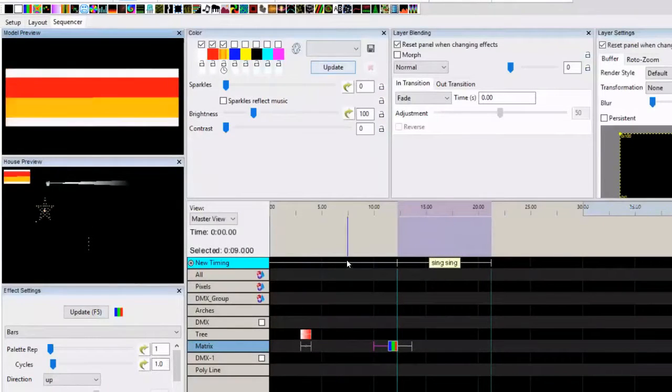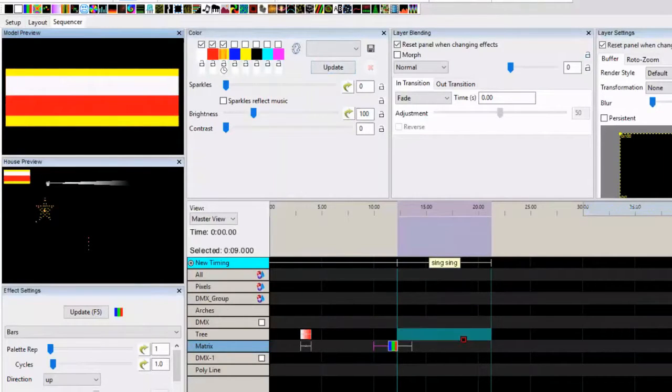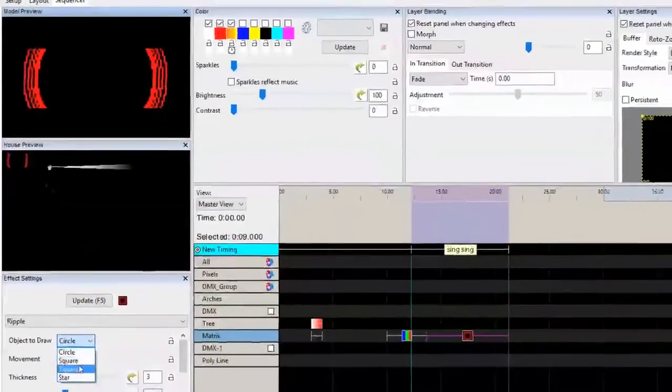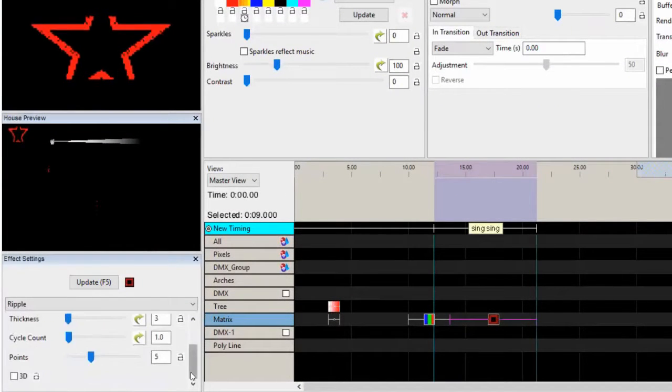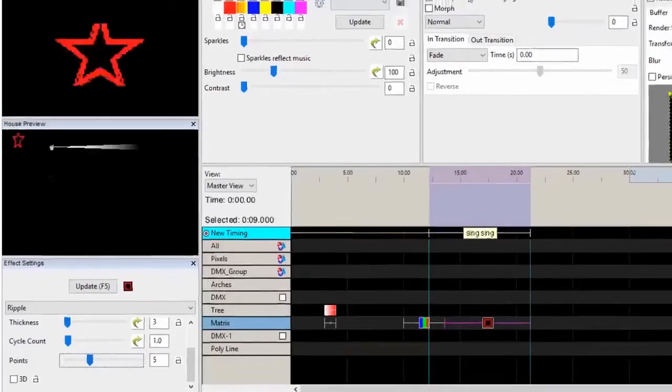So the ripple effect, which is just here. And as usual, I will show it here. So it obviously defaults to a circle, but there is now a star option. I think there's something here that lets you define the number of points, so you can create stars of a variety of points on the ripple. And the VU meter,